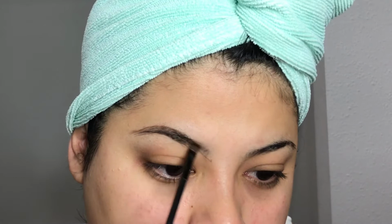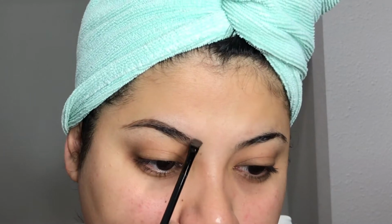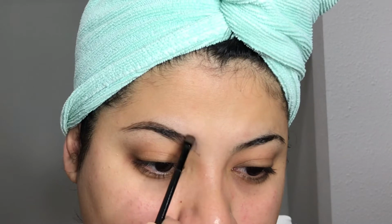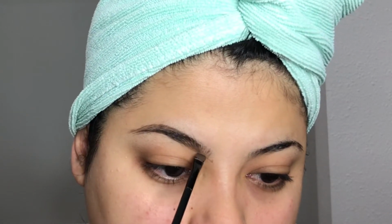But anyway, here I am just doing small strokes, mainly from the center towards the back, and when I get towards the front I shade them upwards just to give them that faded effect. And then I'll take the brush and do almost hair-like strokes,